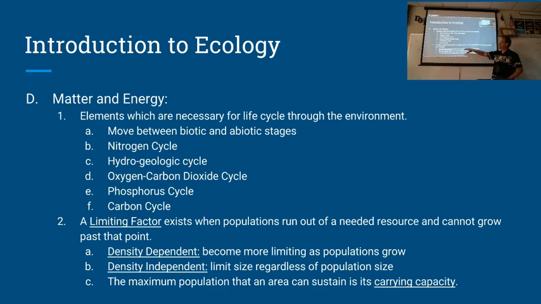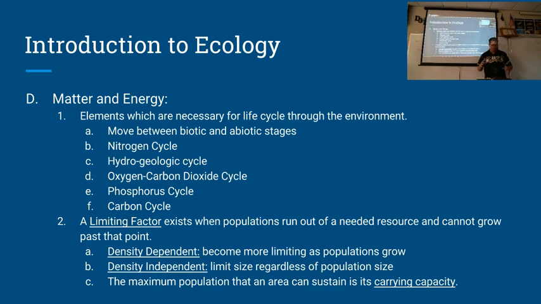So there are these things called limiting factors. And there's something out there that is keeping our population the size that it is. And we can't get any bigger because of that thing out there. If that thing out there changes, then we can get bigger or we can get smaller. But not until that thing out there changes. That's the limiting factor. There are two kinds of limiting factors. There are density-dependent limiting factors, and these are things that become more or less limiting as the population grows. So these are things that can respond to population size, like food